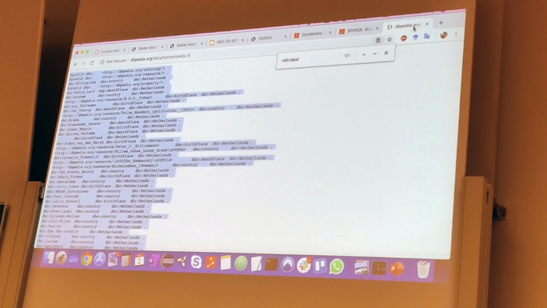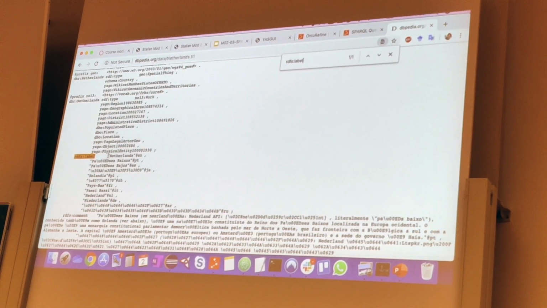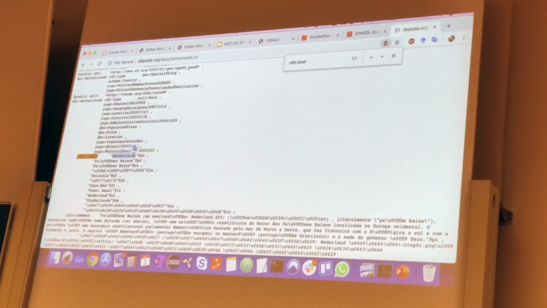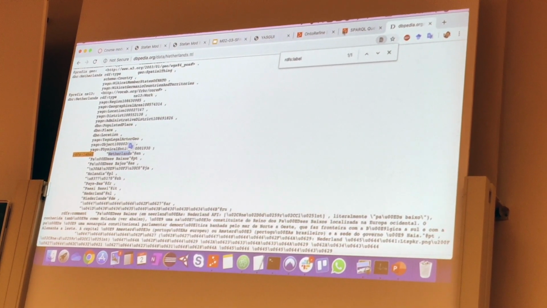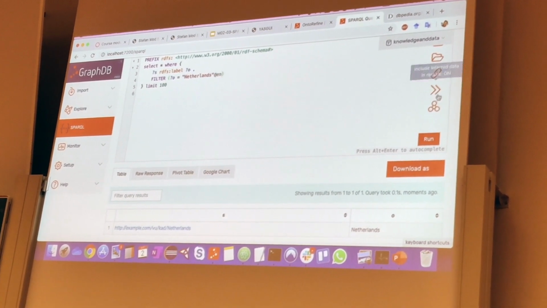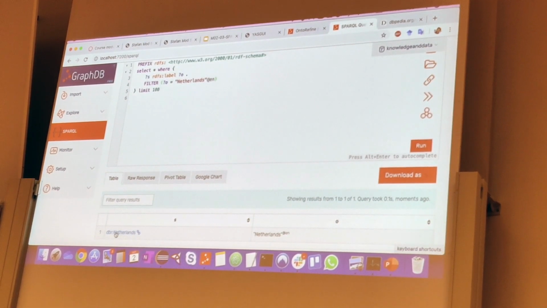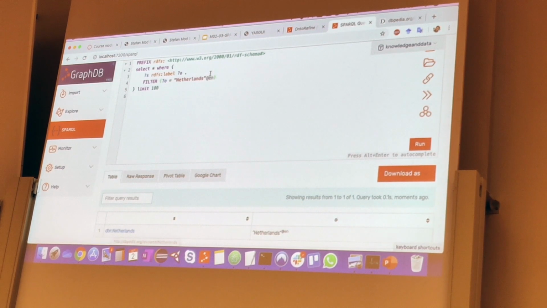Exactly. So if I look here, RDFS label, it shows that they're always associating the label with the language. So it's not equal to the Netherlands, but if I put here equal to Netherlands in English, it will show me the Wikipedia. Right? This is the Wikipedia. If I want to see both of them,